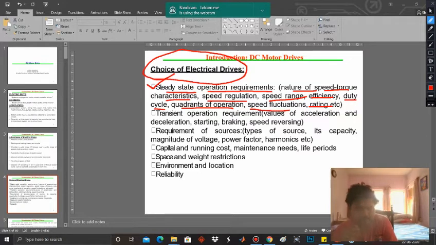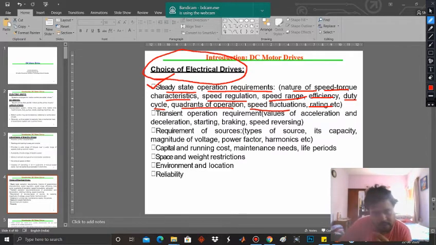So the speed range may be different for maybe a cement plant, and the speed torque range may be different, or some other range for a rolling mill or a paper mill, say. And the next requirement is the speed regulation. So that means for speed control, speed regulation is required. That means how much RPM at maximum we can operate, and what is the lowest operating RPM. This difference is known as speed regulation, and the speed range, maximum RPM and the minimum RPM.